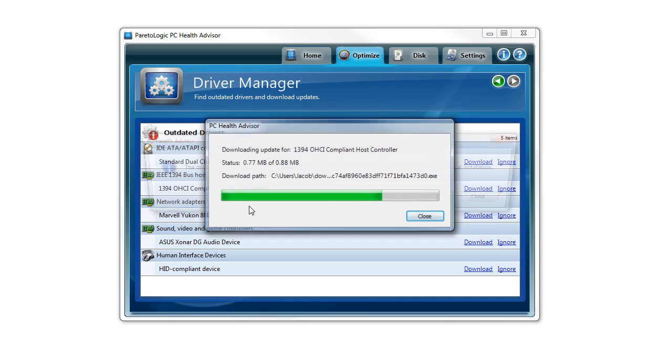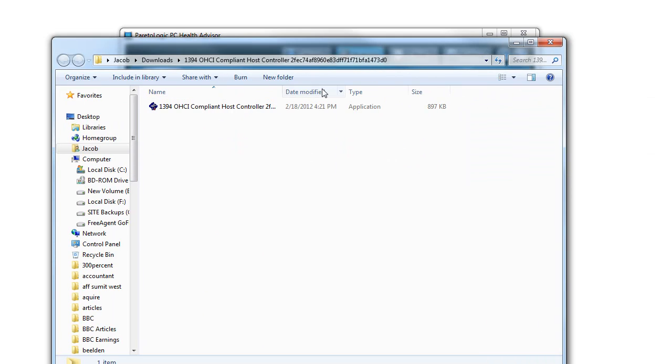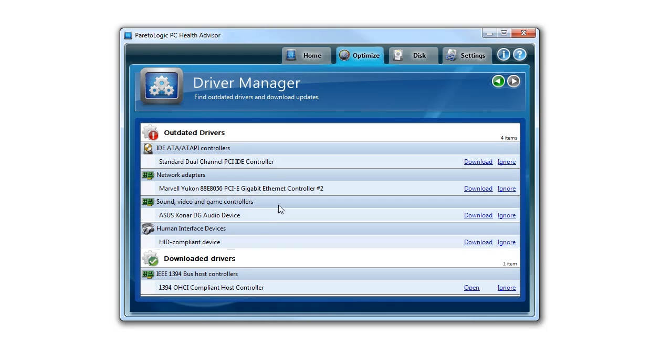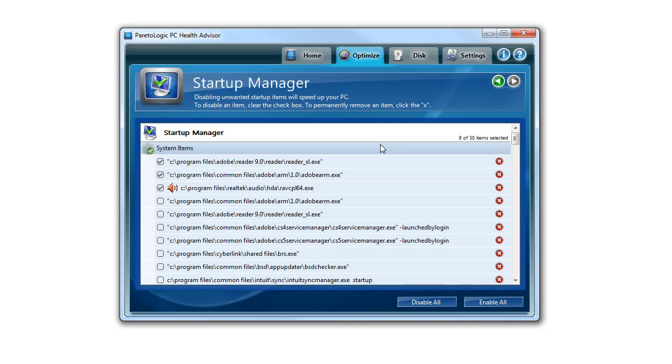And then you'll have the choice of installing it now, opening the folder, or installing it at a later date. I'm not going to go ahead and install it now, just because we're doing the review process here. So next, I'm going to go back over to the Optimize section, and under the Startup Manager, this is really where you'll need to spend some time and where you can actually gain the best performance on